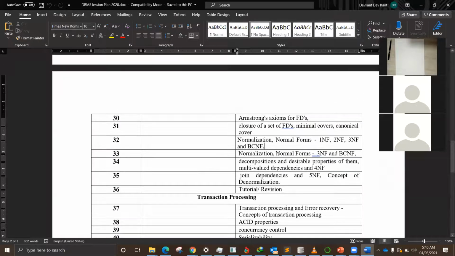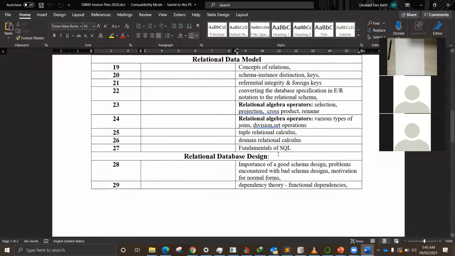Understand one thing. For the modules and sub modules that we have already finished, the relational data model, and now we are going to do relational database design, there is a kind of independence between these modules.